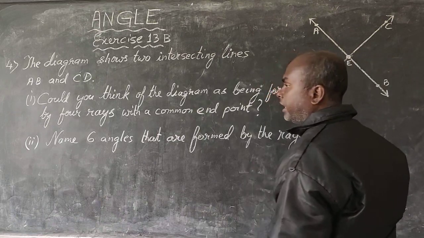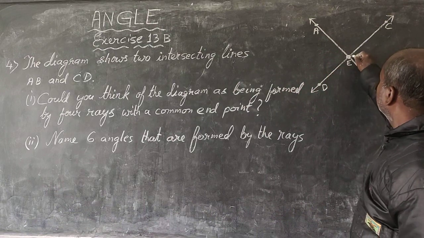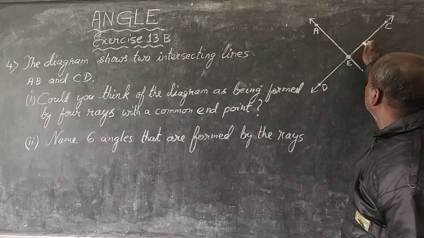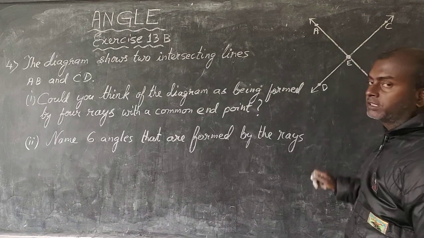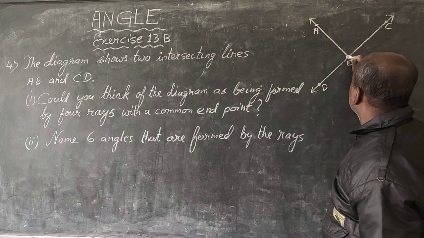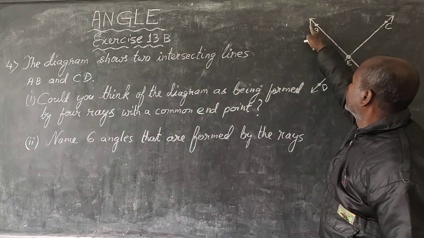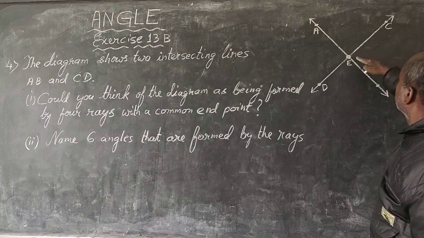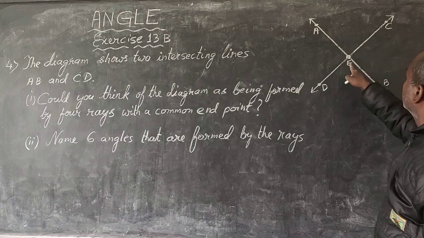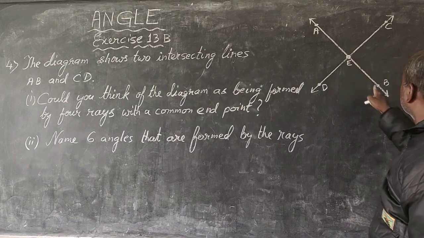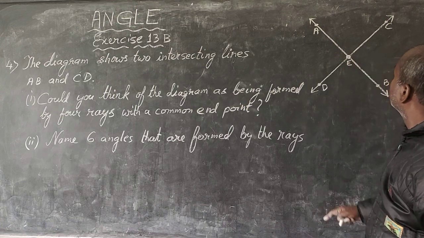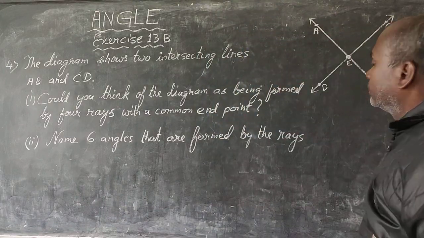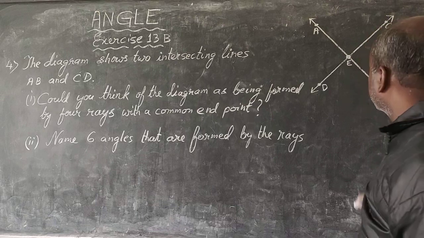So if you see this diagram carefully, E will appear to you as a starting point or an ending point for four different rays. From this point there is a ray which goes like this. See, this is the starting point and it goes towards A. Another ray is this way, starting from here going towards C. Another ray starting from the same point going towards B. Another is going towards D. So there are actually four rays starting from E,